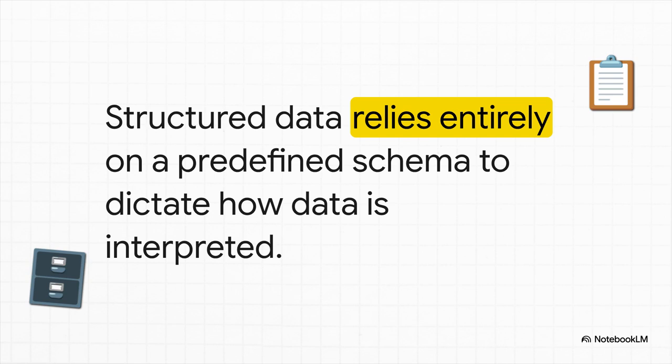And that brings us to structured data. Think of structured data as a perfectly labeled filing cabinet. It relies entirely on a strict, detailed physical data model that dictates exactly how every single piece of information has to be represented. Before anything is stored or retrieved, you have to define a schema. So if a field is meant to hold a customer's first name, there is absolutely no way it can contain a birth date or a driver's license number. The data model acts like an uncompromising bouncer at the door, just checking every value to make sure it follows